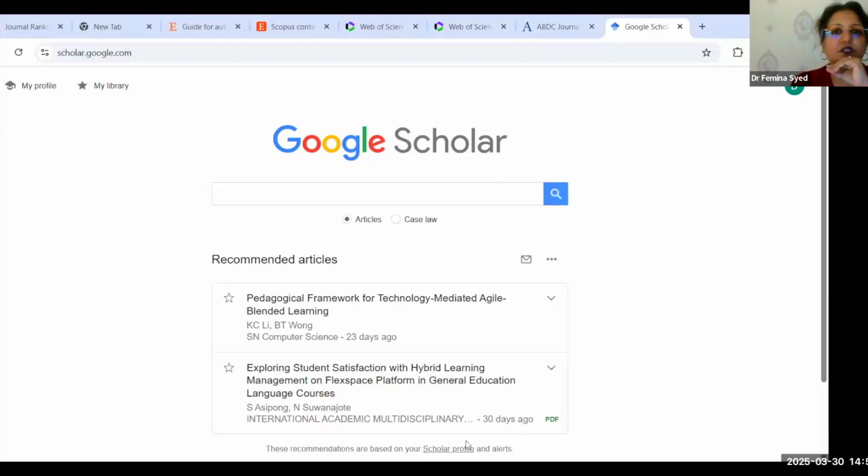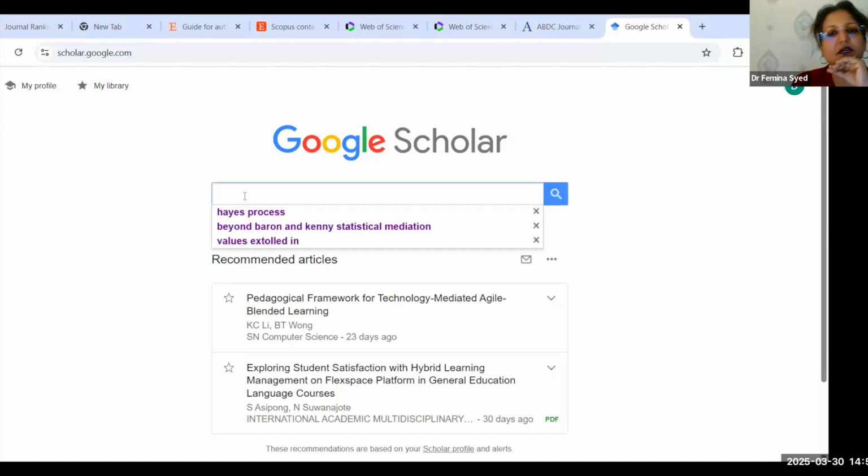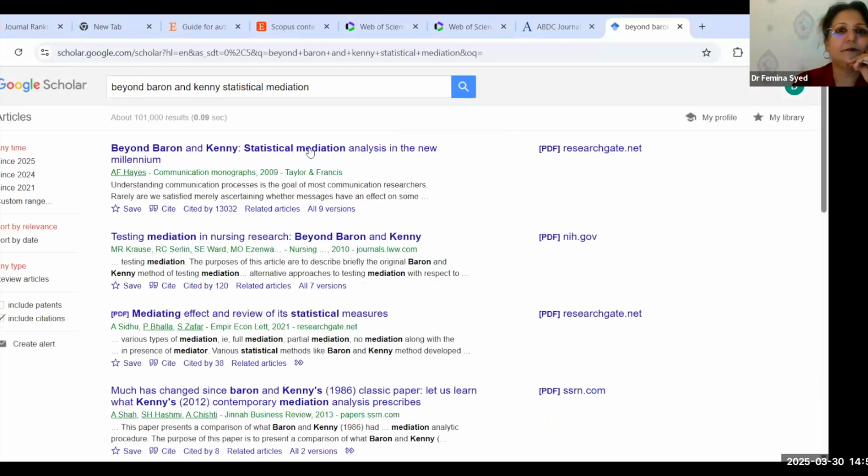So this is the Google Scholar interface. Here you can create a profile of your own. Whatever articles are published are available in Google Scholar. Say, Beyond Barron and Kenny Statistical Mediation, click on it. See, all the articles wherein this particular terminology comes are listed over here.